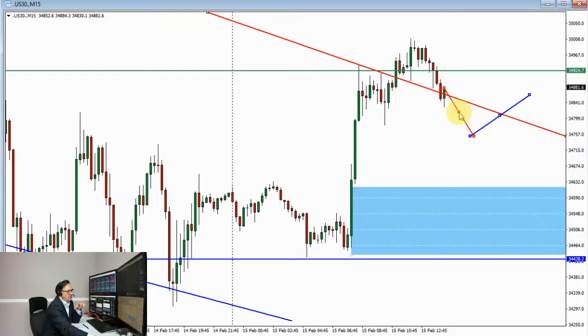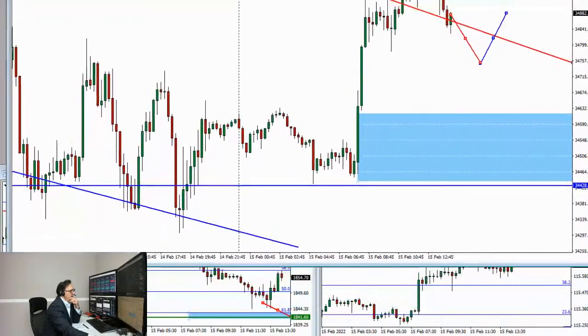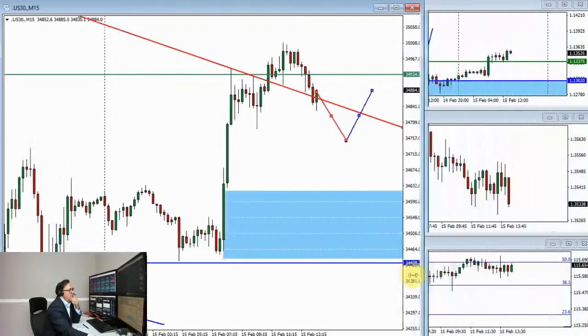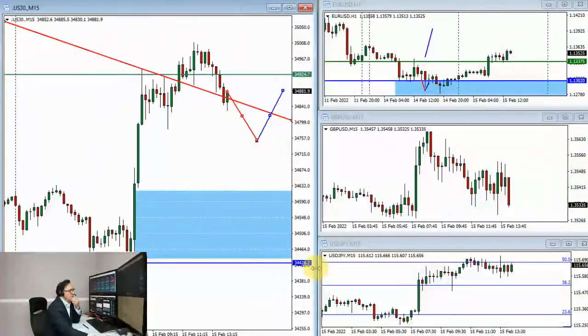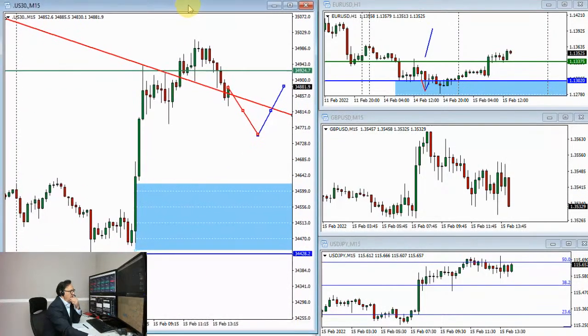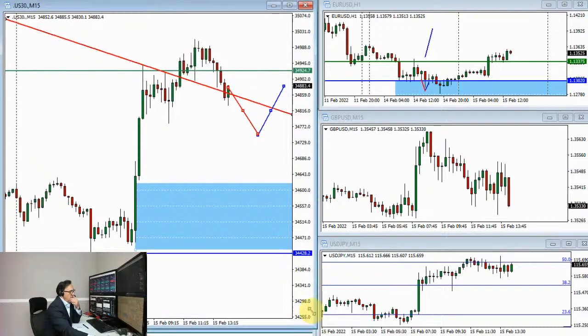So I have no problem playing this in both directions, because in different time frames the trend would allow me to do that. And I think markets are reacting to, apologies, I didn't mean to do that. Markets are reacting to what's happening from the geopolitical front, the news or developments from the geopolitical front, more so than